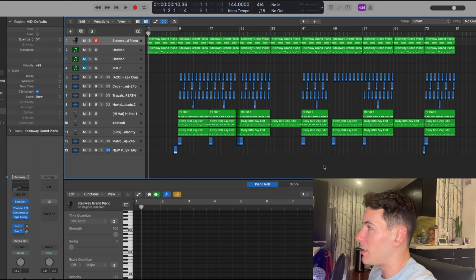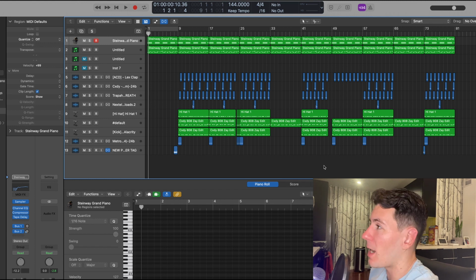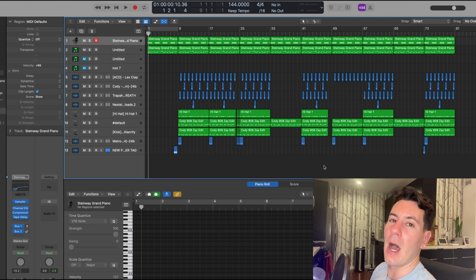Everything is in place. The arrangement, as with everything else about this beat, is remarkably simple. There's not a whole lot to say about it. It is one of those rather repetitive beats, but you know, that's what sells these days, so we gotta do it. So with all that being said, I'm gonna get out of here and play this beat for you guys.